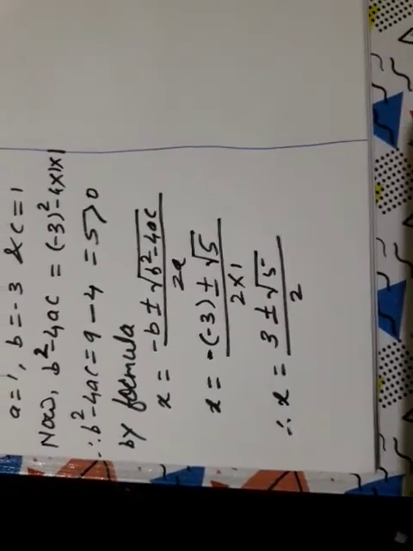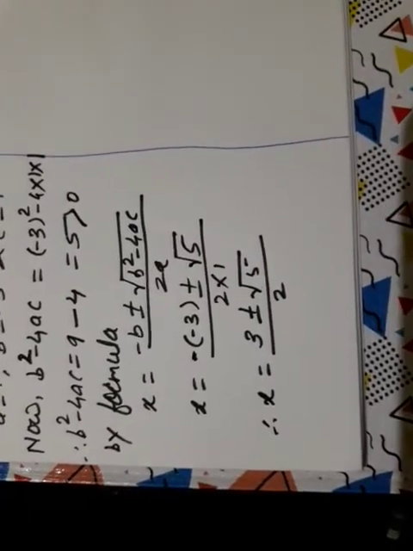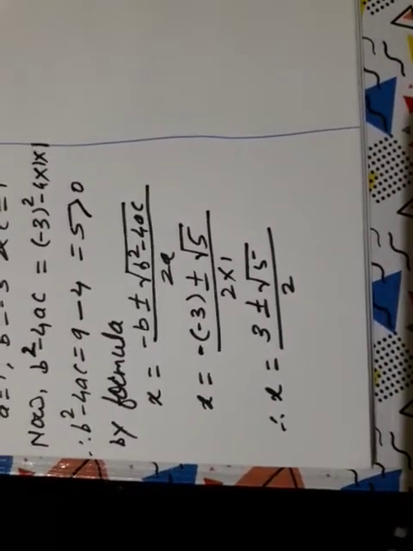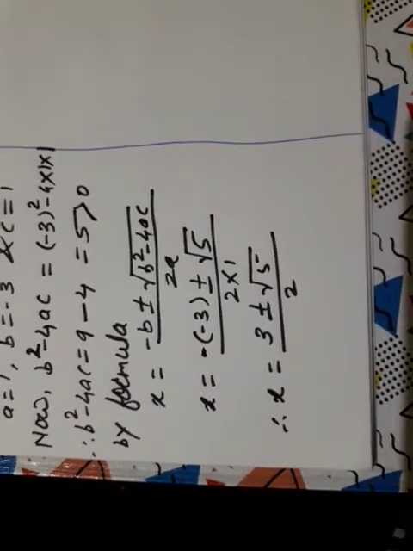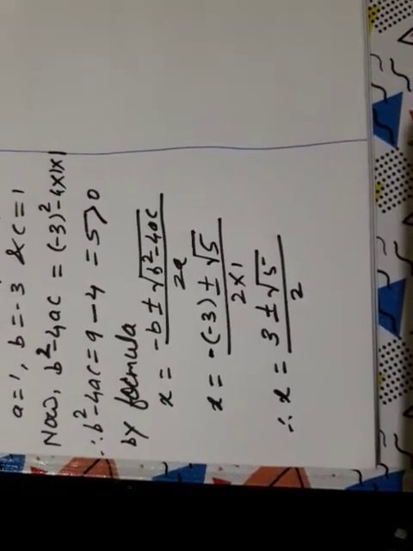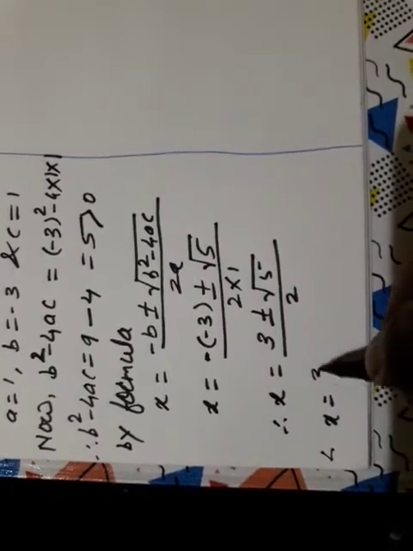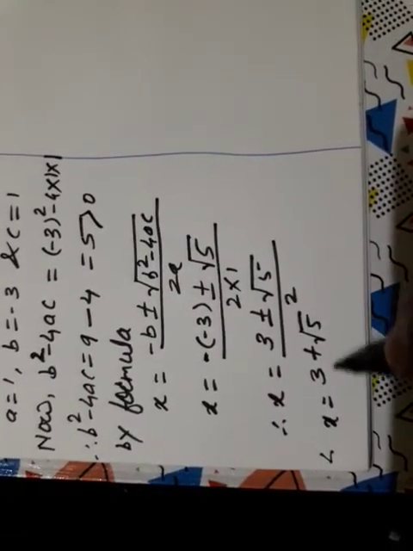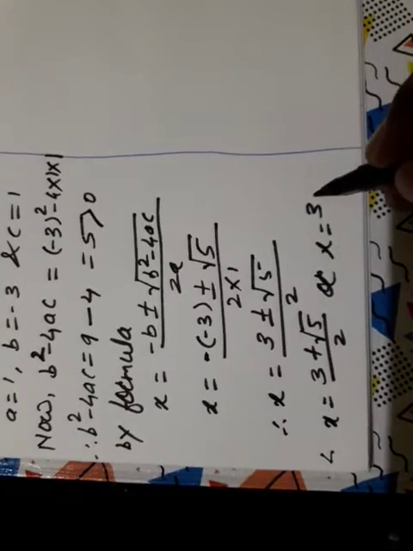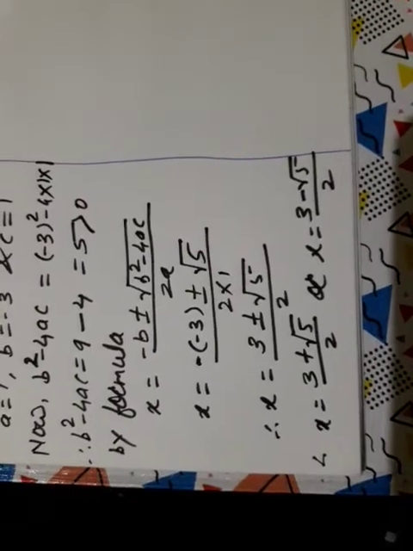Okay, now look here, I told you before, if it is possible to find the square root of the number under the square root, then we have to find it. Otherwise we have to split the given number into two factors, one of which is a perfect square. But here it is not possible. 5 is a prime number. Are you getting? We can't get its factors. That's why we can write, therefore x is equal to 3 plus root 5 divided by 2, or x is equal to 3 minus root 5 divided by 2. Those are the roots of the given quadratic equation.